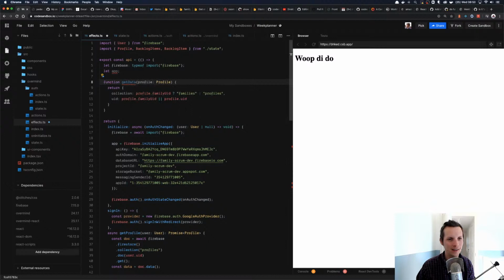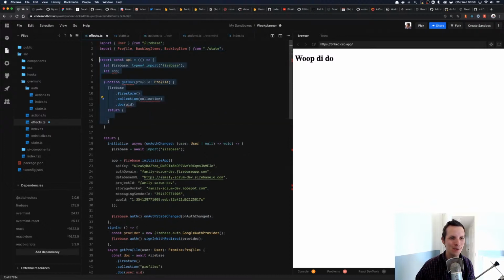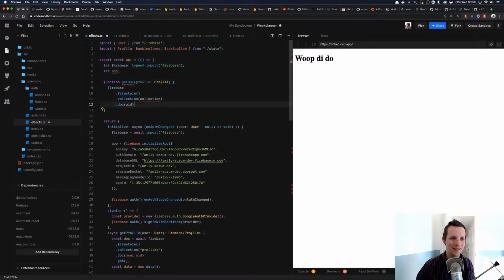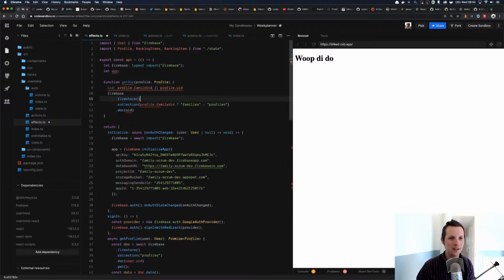Get data. Get profile doc. Get doc. Anyway, something like that. This is terrible. Naming things, super hard. Let's see. And we're moving back on collection. Let's just inline it now. So the collection is this, and the UID is